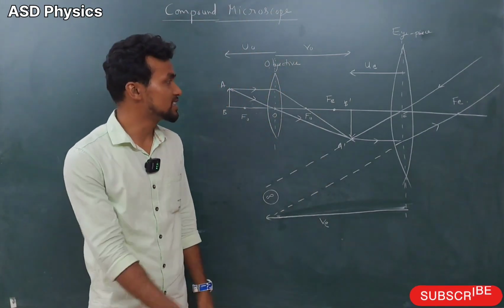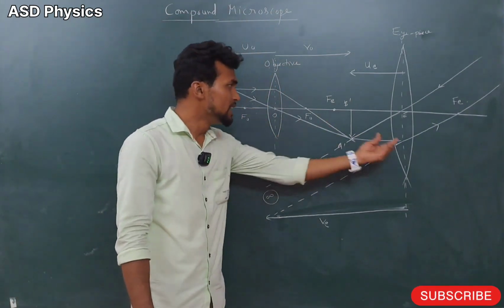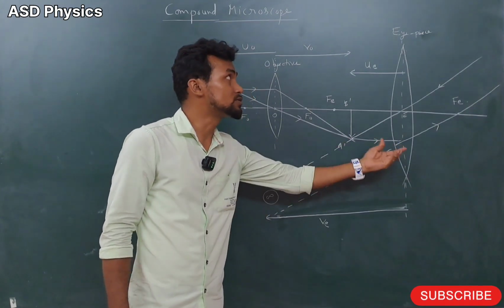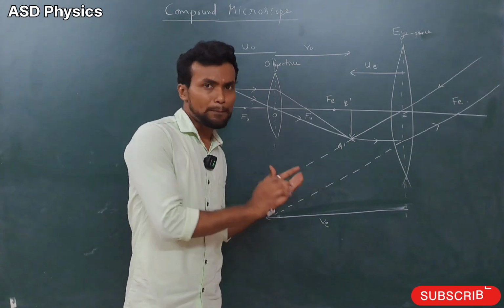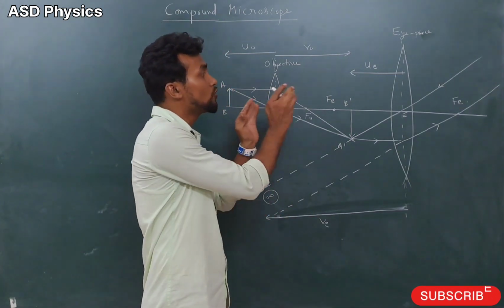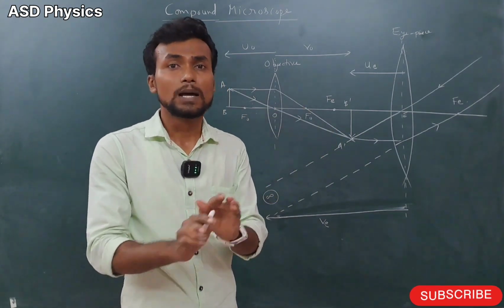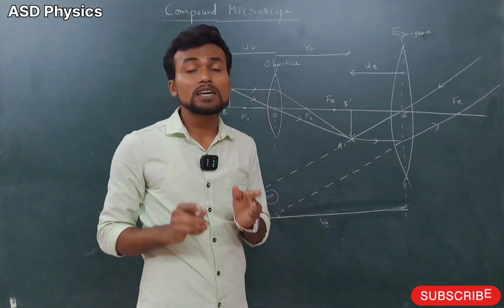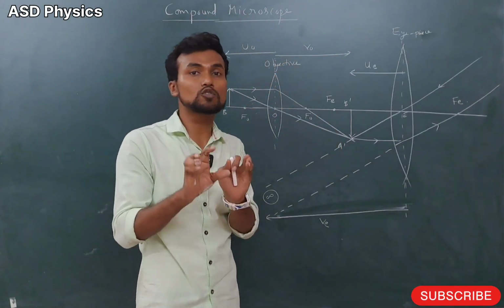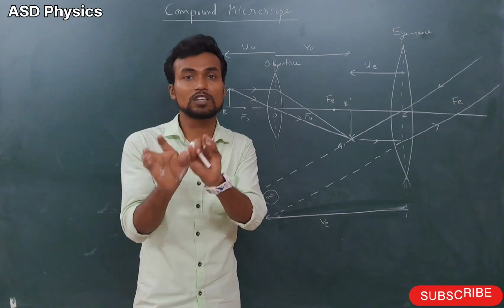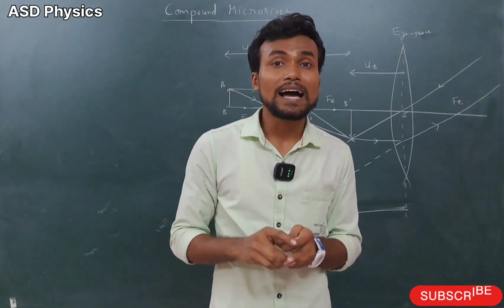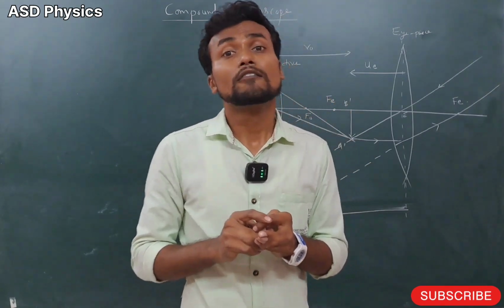So my dear students, just listen very carefully. If we compare both the lenses, the aperture of the objective is smaller than the eyepiece. Second thing, focal length. Please remember that very well. The focal lengths of objective and eyepiece both will be small, but comparison wise, the focal length of the objective will be smaller than the eyepiece. The focal length of the objective is comparatively smaller than the eyepiece for the clear vision of the final magnified image.